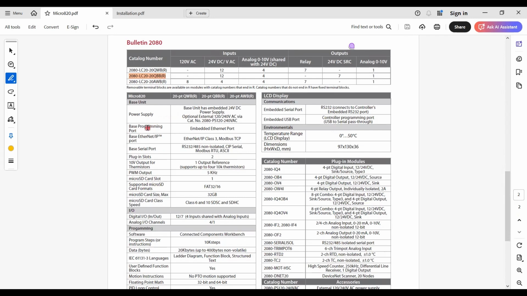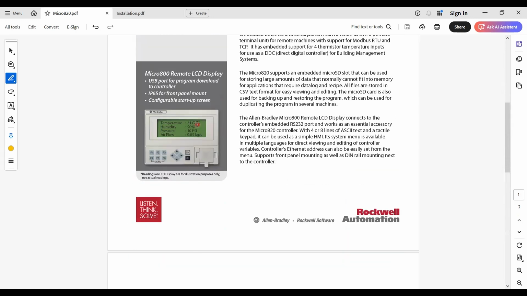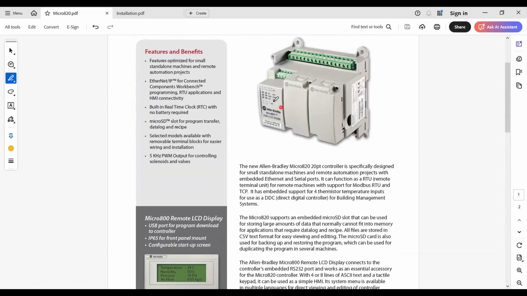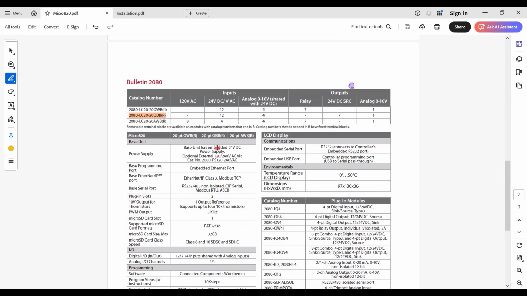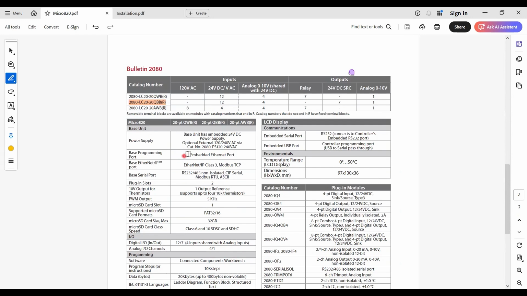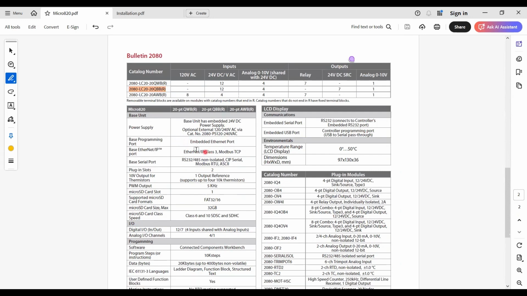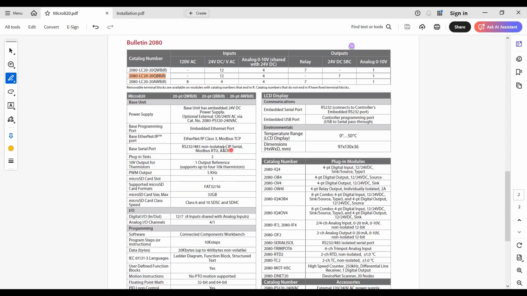And so when you want to program it, you need to use the embedded Ethernet port. So your computer has to be plugged with an Ethernet cable to this PLC, and then you can download your program to the PLC using the embedded Ethernet port. The base Ethernet port supports EtherNet/IP Class 3 and Modbus TCP. There is a serial port